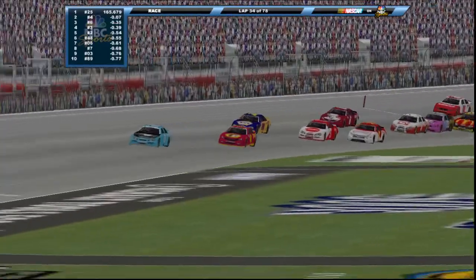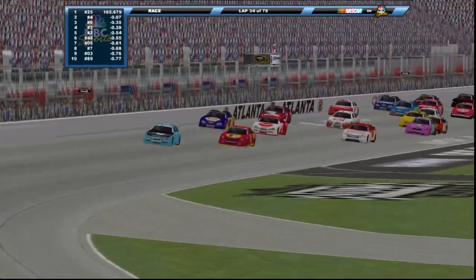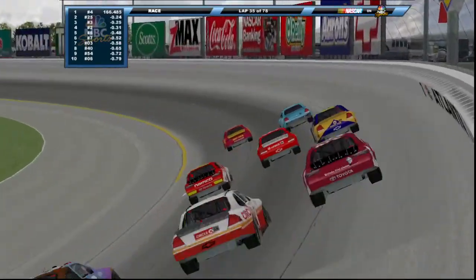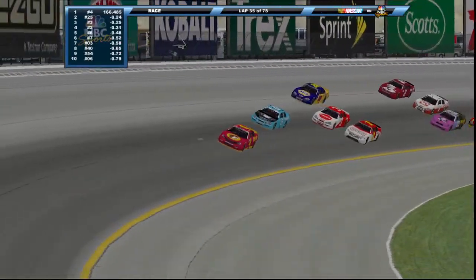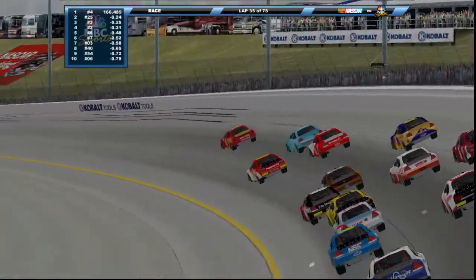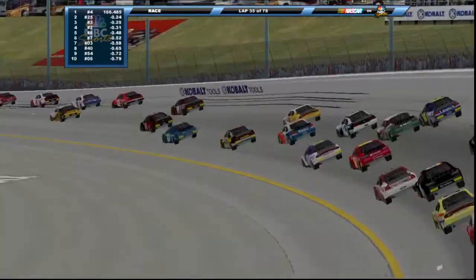As here they come, Lana Loud, we'll see. She's trying to go to the inside, but Mark Gaines almost blocked her. Let's see which lane Mark Gaines is going to hold. Oh, just saw McMurray trying to go for a wide